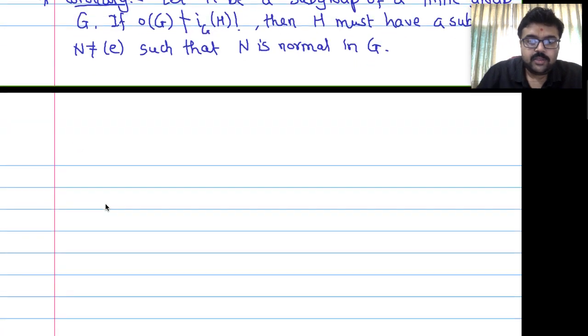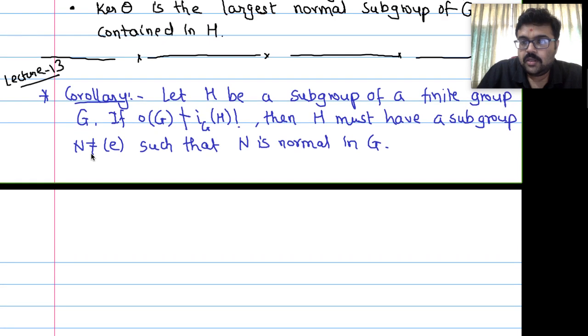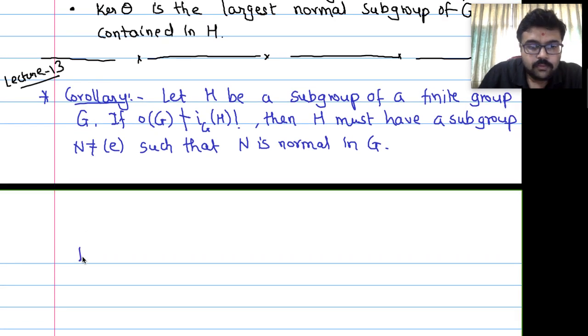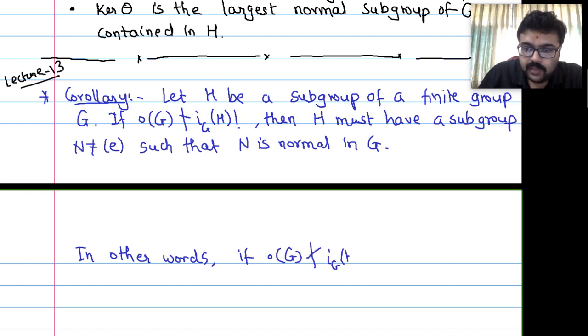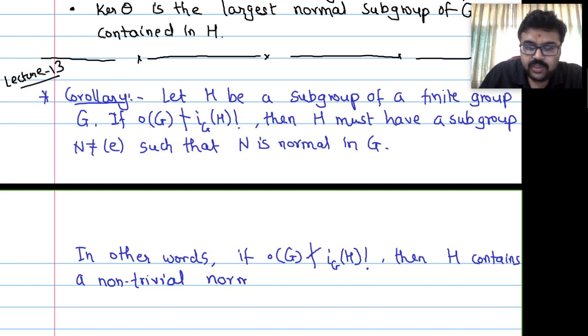So in other words, if the order of G does not divide the factorial of the index of H, then H contains a non-trivial subgroup N, that is N is not the identity, so N is a non-trivial normal subgroup of G. So H contains a non-trivial normal subgroup of G,